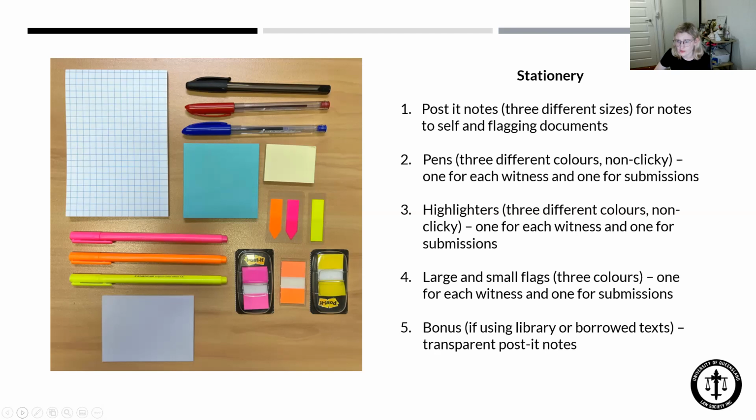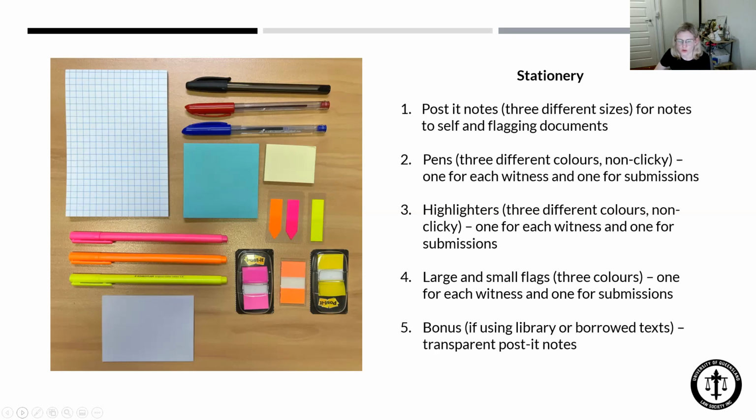The same goes for highlighters. I've got 3 different colours, 1 for just general noting things, and then 2 for the 2 witnesses, and flags as well if required. That's probably more helpful when I've got a court book that I flag for sections of it that witnesses have been taken to in examination in chief and cross-examination. Certainly in witness statements, there won't be a hell of a lot that you need to flag.